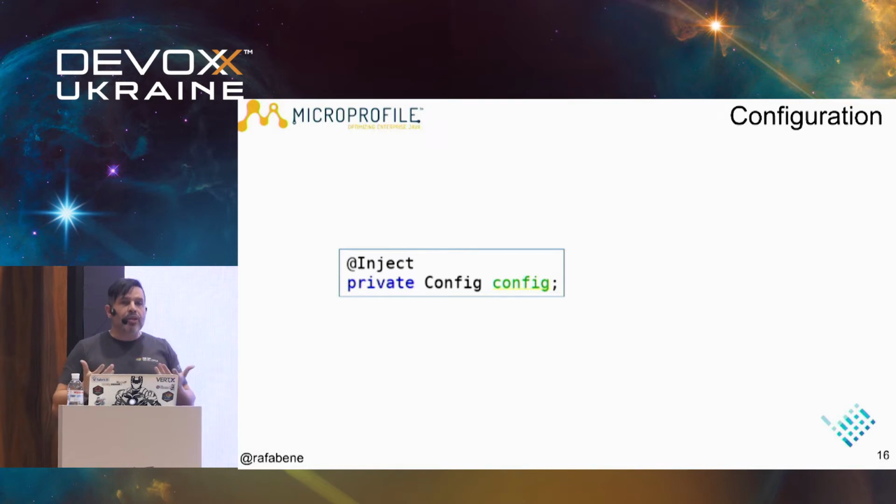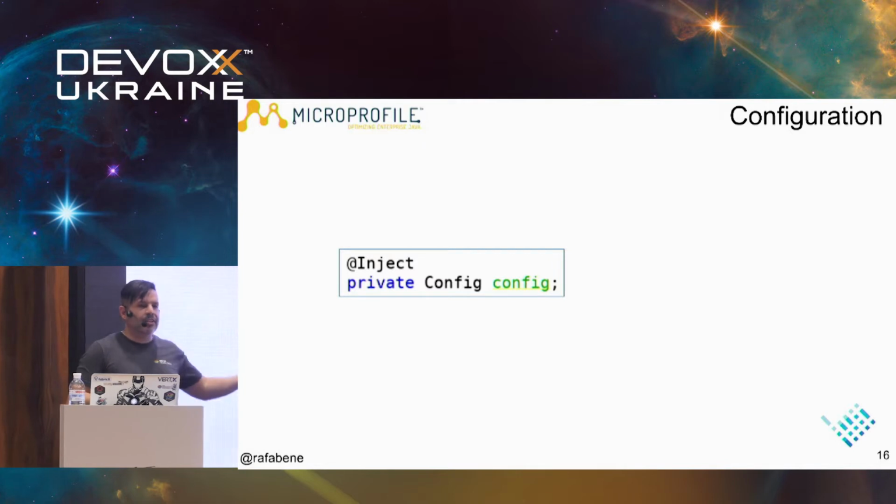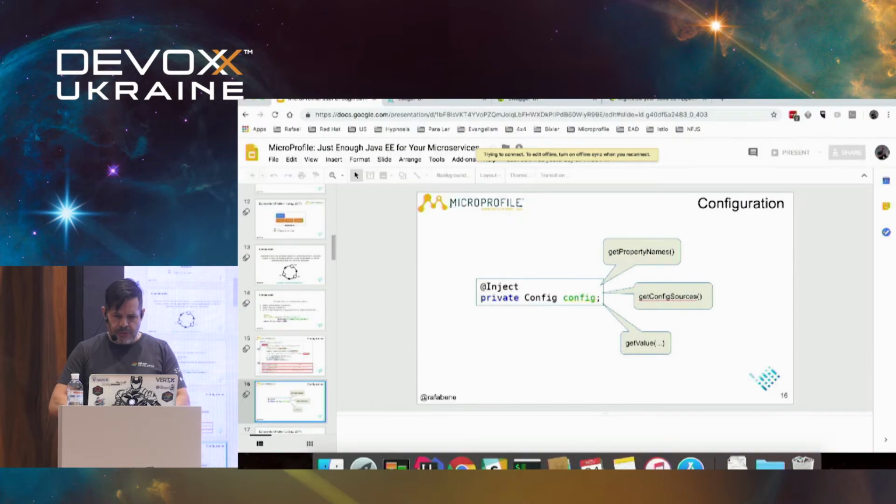Another thing that you can do is use CDI to inject the Config object. Because with the Config object, you have different methods. Like, for example, let me see if